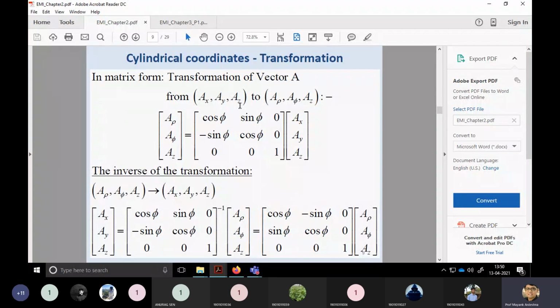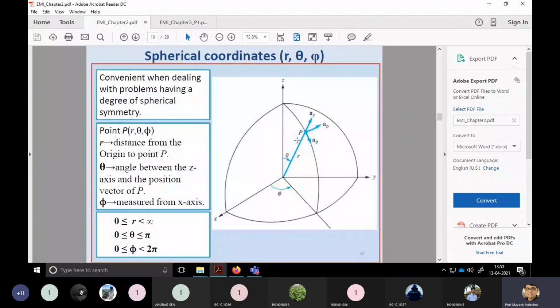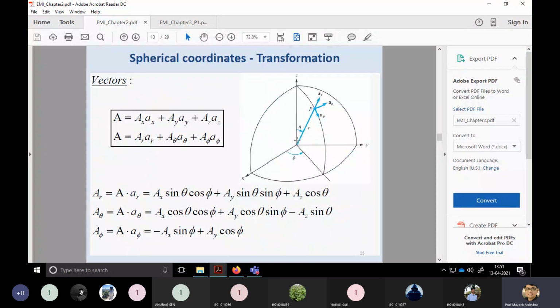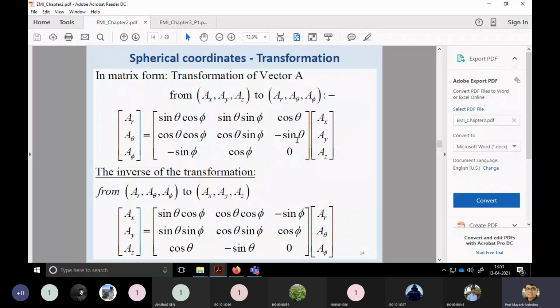Okay, so in the mid semester they asked how you can express the vector in circular cylindrical coordinates. Same case if it is a spherical coordinate system: you have to use this matrix. These 2 matrices are sufficient. If I multiply it, you have to find the value in terms of the spherical coordinate system. Okay, multiplication is not a sufficient answer to your question. You have to solve it, or you have to identify the value at some particular point.